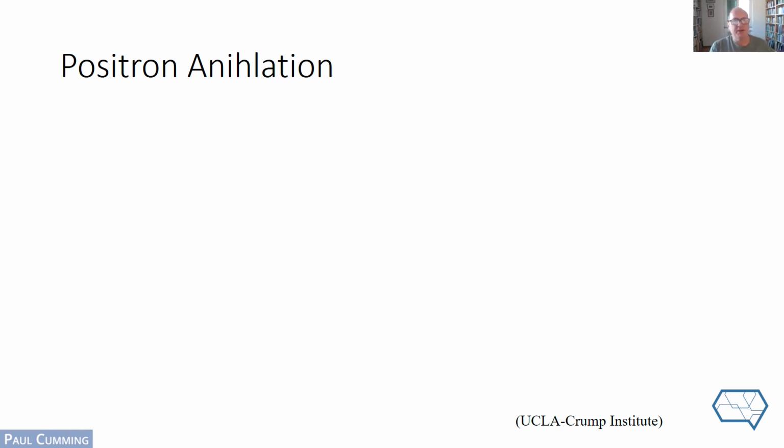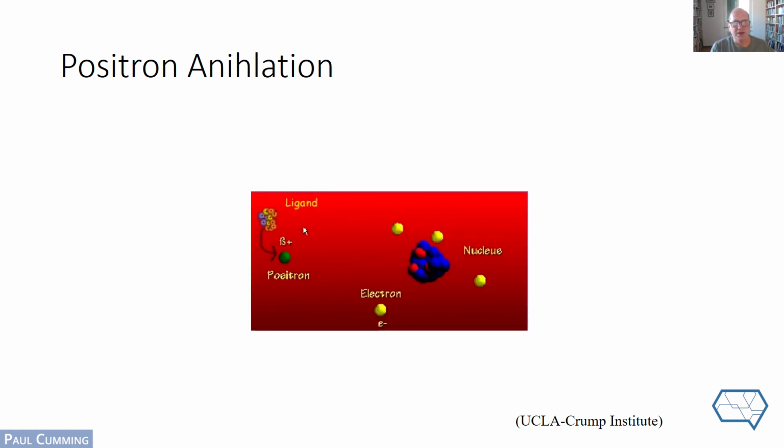So here, if you click again, you'll see the principle of positron annihilation. Advance the slide. So there you see a proton, and rather a nucleus on the right-hand side occurring in the medium of the brain, and a ligand, that is the molecule that contains, let's say, fluorine-18, and decays with a half-life of 2 hours, randomly releasing an antimatter electron known as a positron, beta plus, which floats around in the medium of the brain, or rather it travels with some high energy.